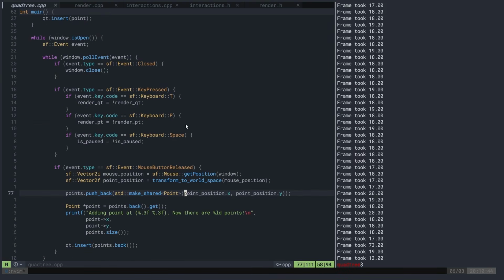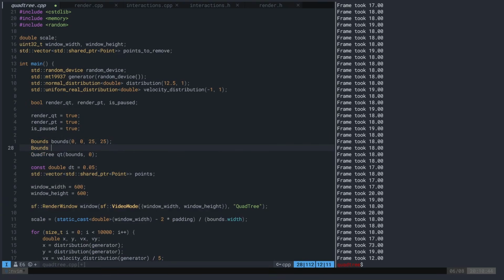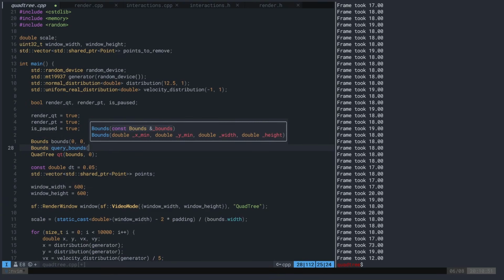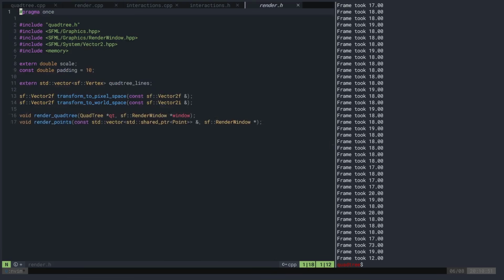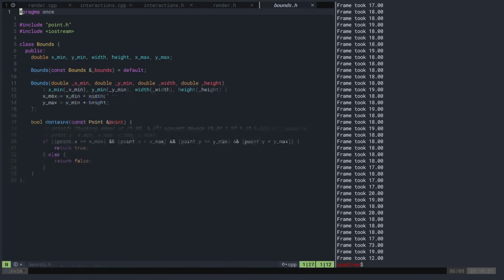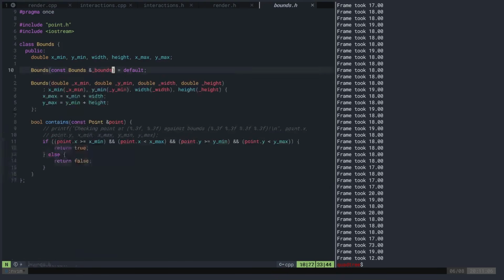So in that case, let's define a new bounds. Let's call this query bounds. And for now, let's leave it empty. Let me just check to see what... I think that probably just resets it to a value of 0. So if I do this, it just resets it to a value of 0, which is fine. I don't actually need that. Oh, I see. So that's based on a previous initialization. Okay, so